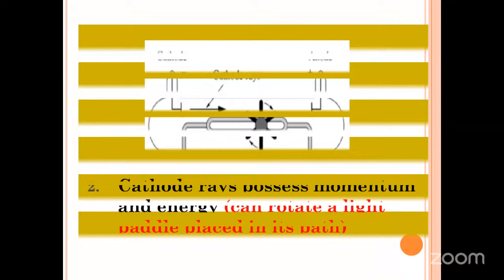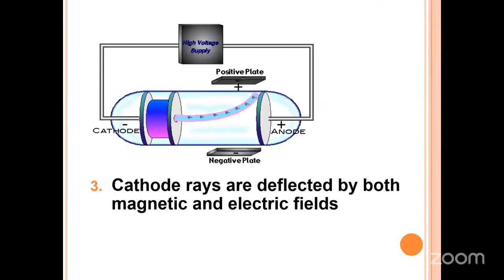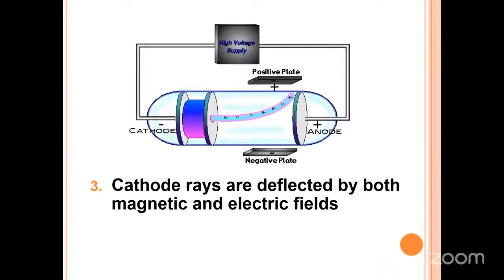We also talked about the fact that they possess energy when they hit. So they are not just ordinary waves. They have momentum, they have energy. When they hit an object, they can transfer energy to that object to make the object also move. And we also talked about them being charged particles. This is seen by their reactions in both magnetic and electric fields. If they were uncharged particles,